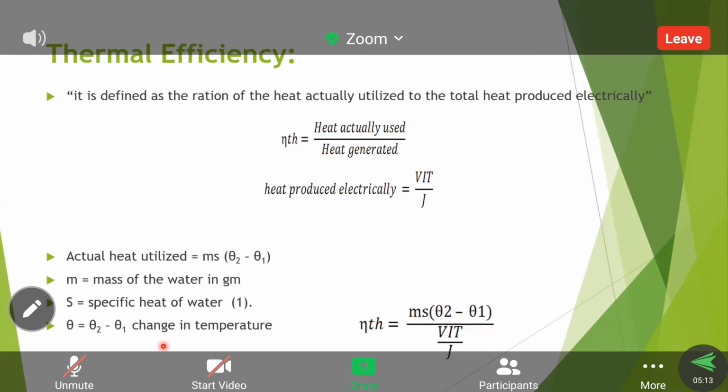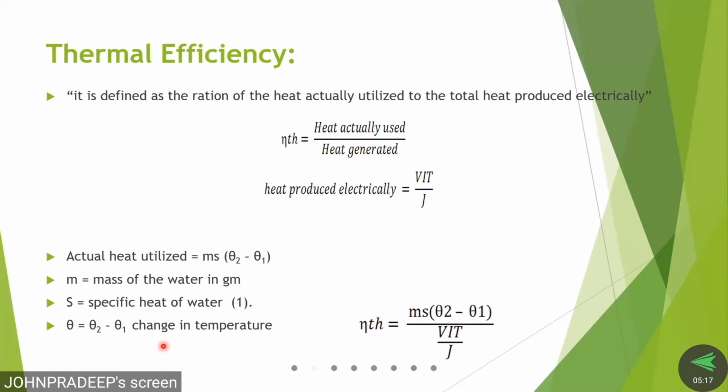Difference: if we calculate just some 10 minus 0, that is equal to 10. So that is a temperature difference. So the same formula we are using right here. From this terminology we can determine the output value. So output we have obtained, input also we have obtained. So according to the statement, efficiency is a ratio of output by input.